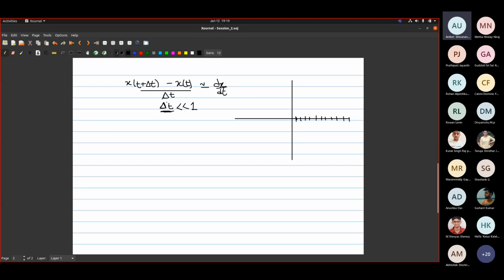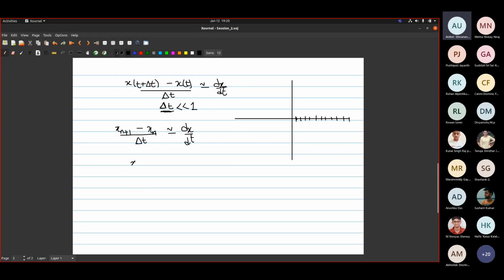So delta t here, we can also specify it like this, but we don't, because usually it is taken to be a positive time step. So now we can discretize this entire thing. This is what discretization means. Xn plus 1 minus xn over delta t is approximately equal to dx over dt.